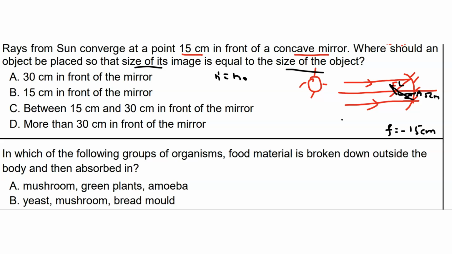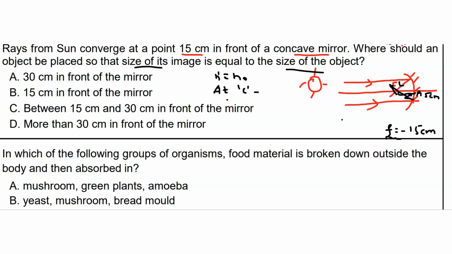In which case you will be getting it when the object is placed at the center of curvature. You know f is negative 15 and another thing they have given, they all converge at this point, which means this is where you are getting the image and this is where the focal length lies. You know how to find the focal length of the given mirror, right? By focusing onto a distant object, and the image is formed at the principal focus. So the distance between the pole and the principal focus has to be the focal length. So f is negative 15.